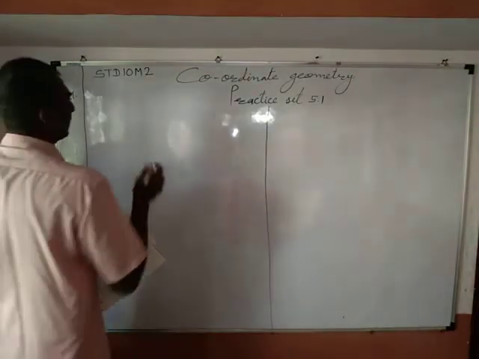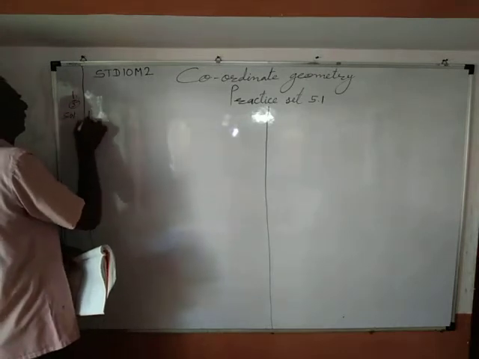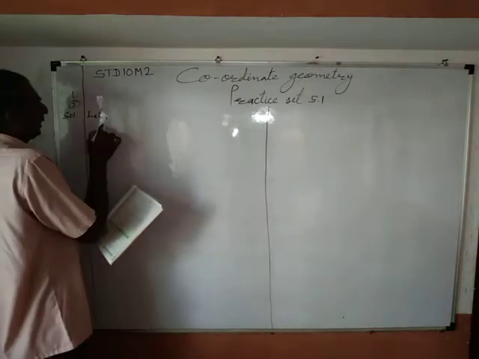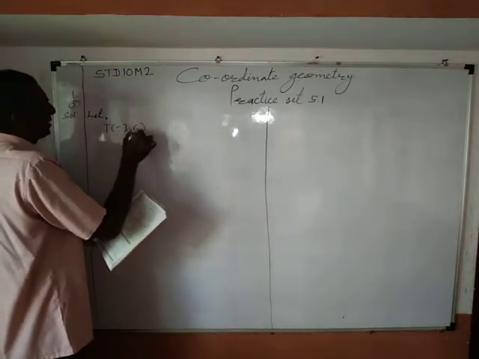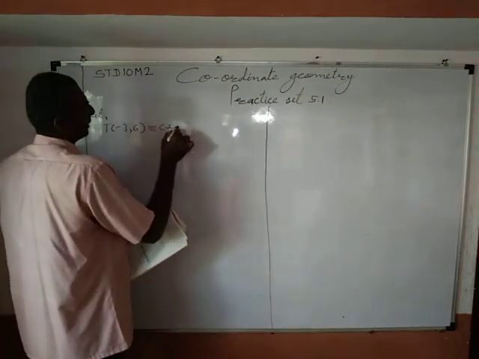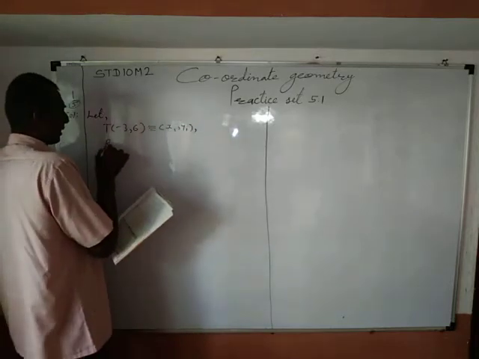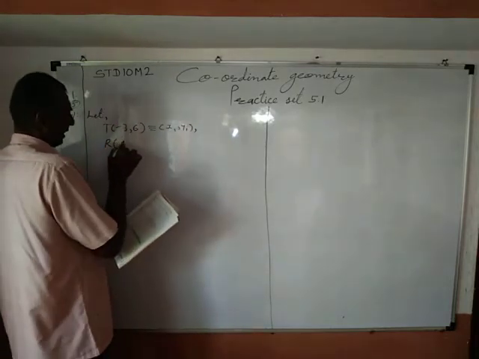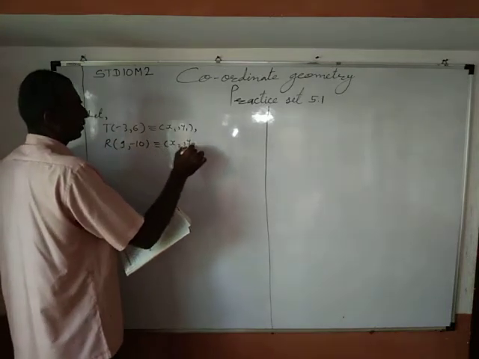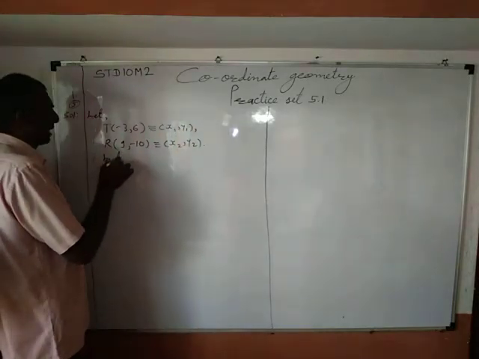Sub question fifth. Solution. Let T(minus 3, 6) is (x1, y1), R(9, minus 10) is (x2, y2). Therefore, by distance formula,